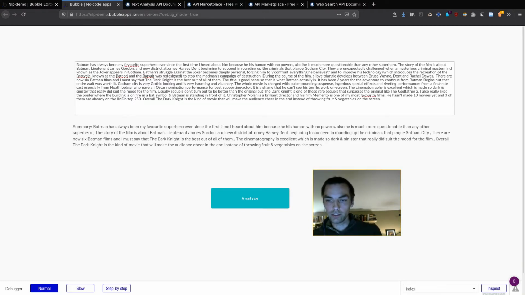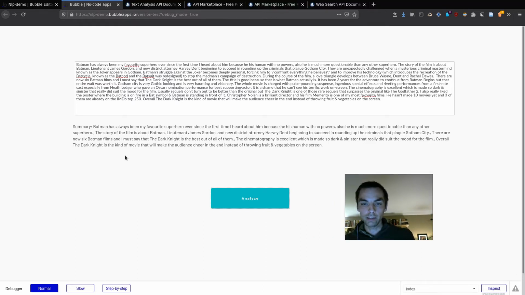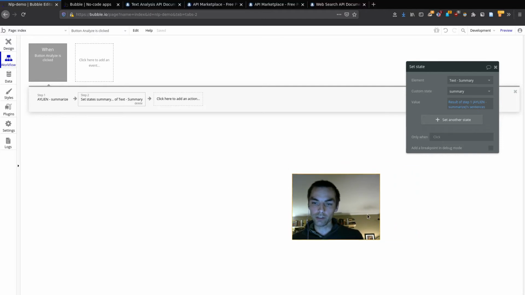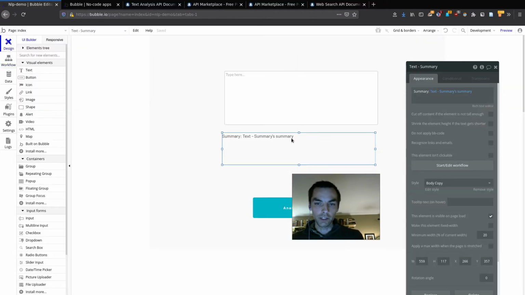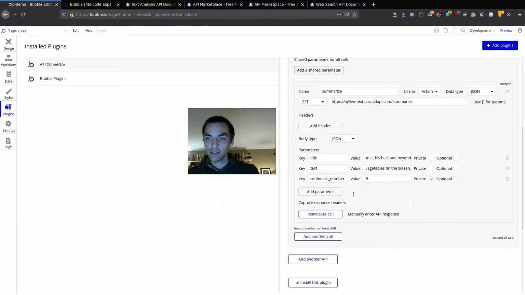Okay, so now we've got the AYLIEN summary API endpoint wired up. Now let's get the sentiment analysis and the entity extraction endpoints wired up as well. And we'll just put those below here, and then we'll move over to implementing the news analytics, fetching the news stories. So now that we've got the API configured here, it's quite easy to